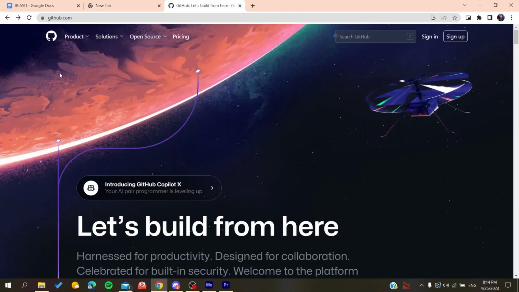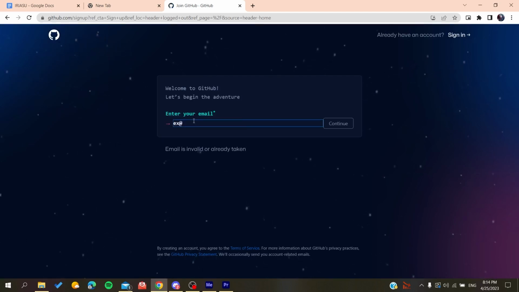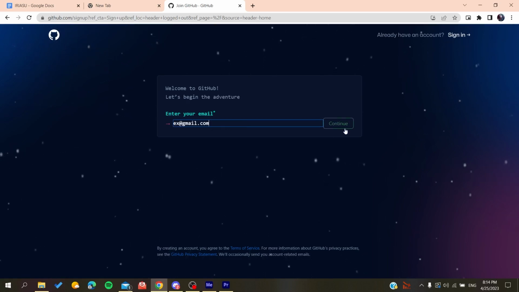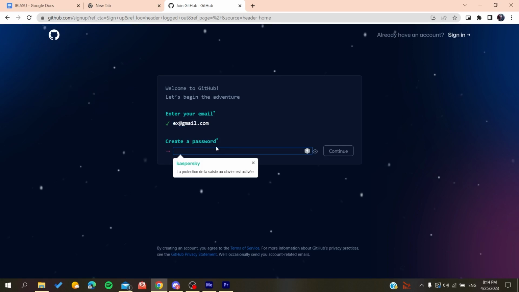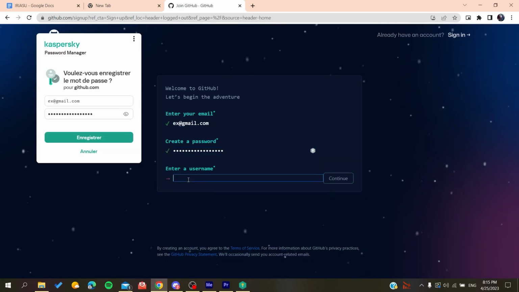And now we will need to create an account so we can use the GitHub services. So basically all we need to do is to click on sign up and then it will redirect us to the sign up page. And now you need to add your email, gmail.com or any other email that you are using. You click on continue, you create a password. So if it was anything like that, you click on continue and then you will add a username,